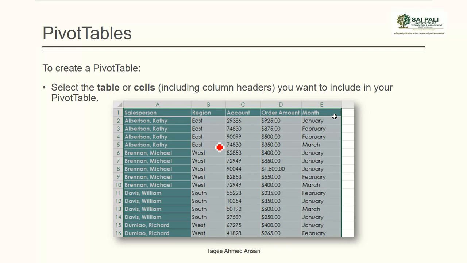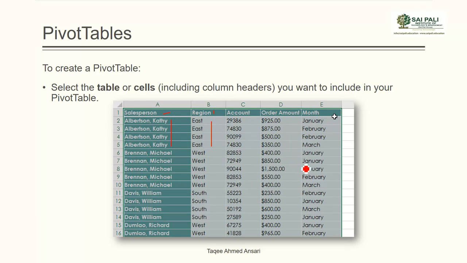If you don't have headers, then you will have a problem manipulating or arranging the data. If you have the headers, then it will be easy to detect that salespersons means these salespersons, and region means east, west and south. So it will be easy to arrange in the pivot table. So it must include the headers, and if it is converted into a table, that is much better.